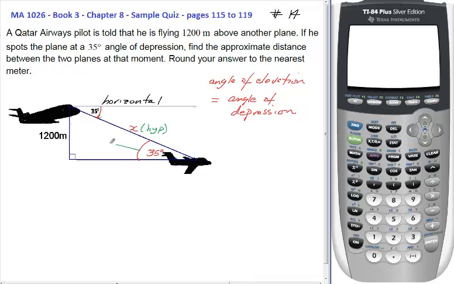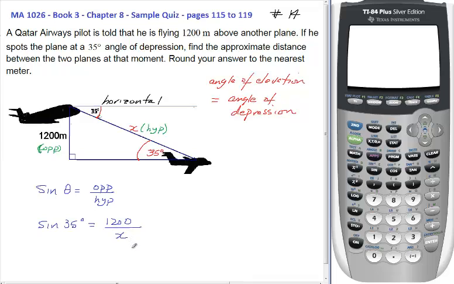Now according to 35, what is 1200? Because we have to use the angle 35, and 1200 according to 35 is the opposite. So you have to make a choice. Which one of the three trig ratios uses opposite and hypotenuse? The answer of course to that is sine. We know that the sine of any angle is the ratio of its opposite side to its hypotenuse. That's the one we're going to use. So sine of 35 degrees, always the sine of the angle, equals the opposite, which is 1200, over the hypotenuse,